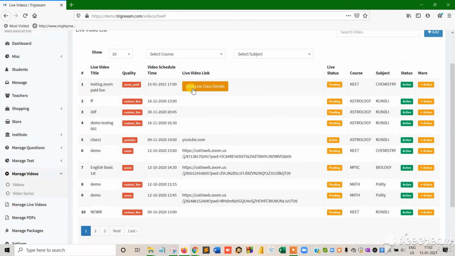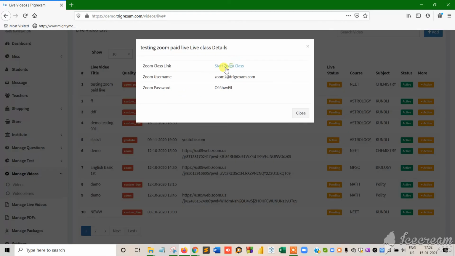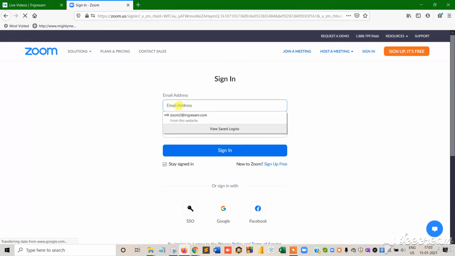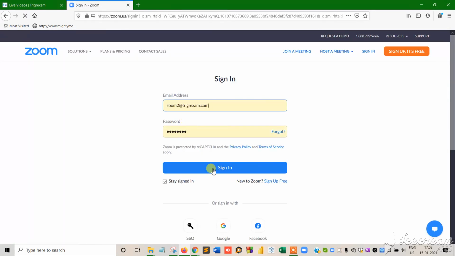Now the third step is to click on view live class details, and start Zoom class. You need to use this username and this password in this Zoom lecture. So sign in to start.